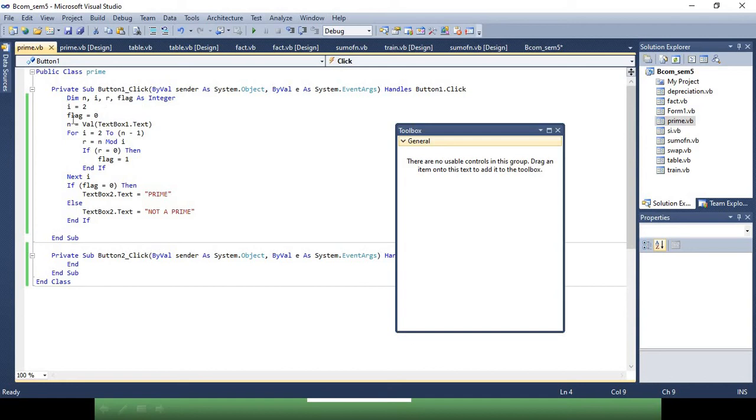So here we have 4 variables n, I, r and flag. I is initialized to 2 and flag is initialized to 0. So in this program, to check whether the number is prime or not, the given number is divided by the number 2 to n-1, 1 by 1,